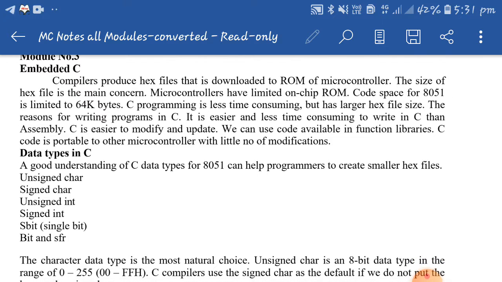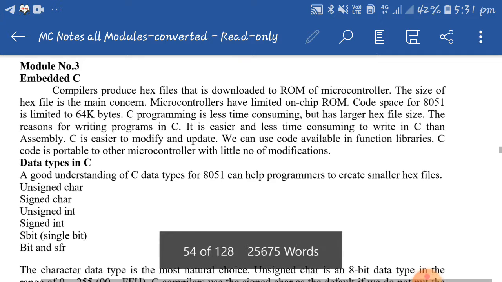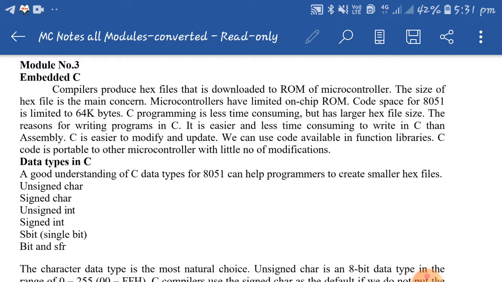Finally, C code is portable to other microcontrollers with a small number of modifications, which is a main advantage. One disadvantage is that microcontrollers have limited on-chip ROM. The code space for the 8051 is limited to 64 kilobytes, but the compiler produces larger hex files that are downloaded to the ROM of the microcontroller.